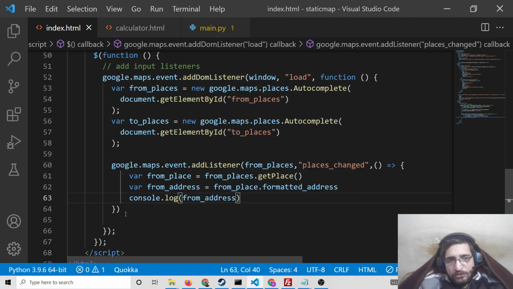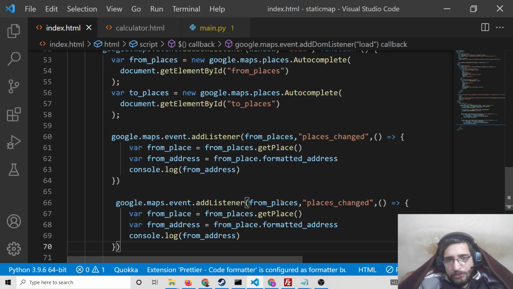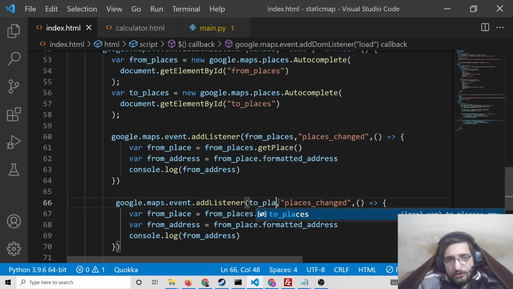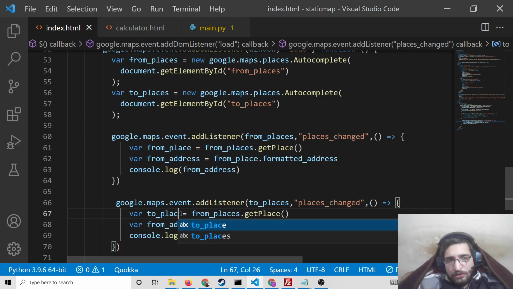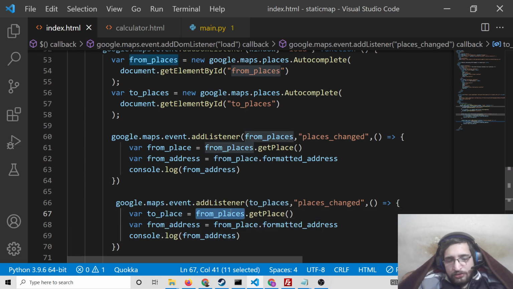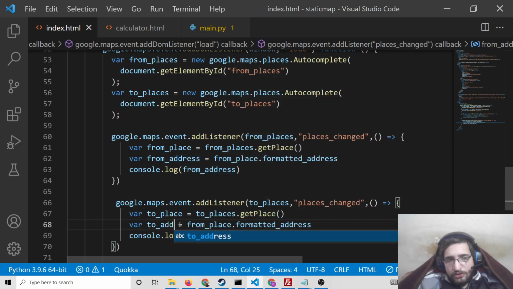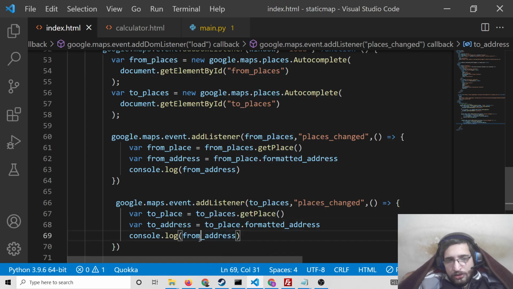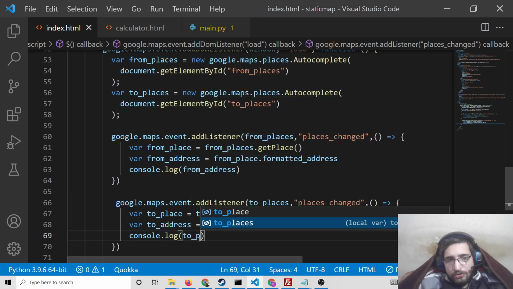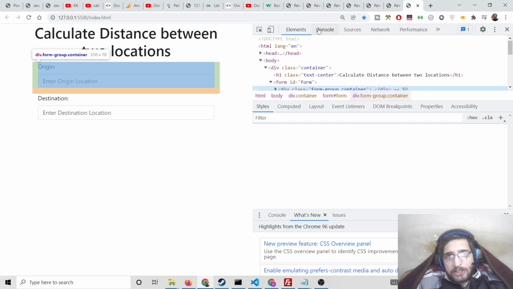And same we can do this for the to field also. Simply copy paste it, and here you need to replace your ID, which is toPlaces, and simply rename to toPlace, toAddress, and simply we can just log here toAddress. That's it. So now if you refresh it, you will see if you type any sort of address here,